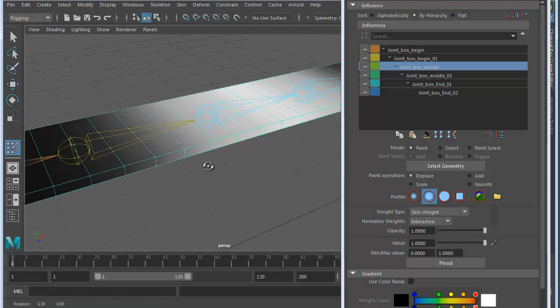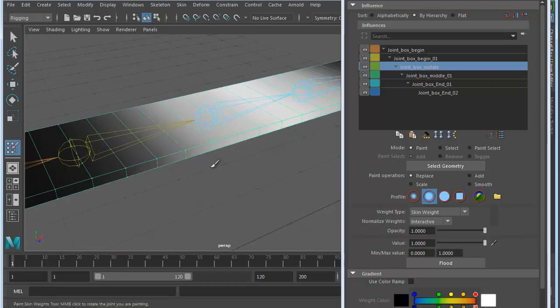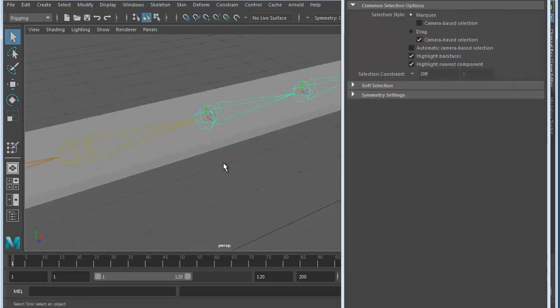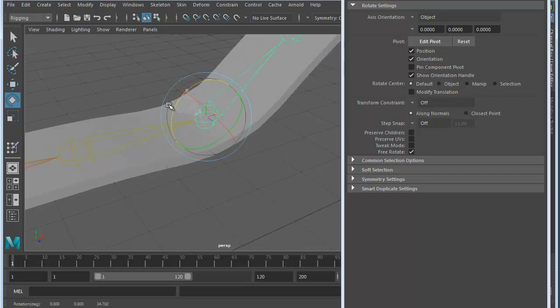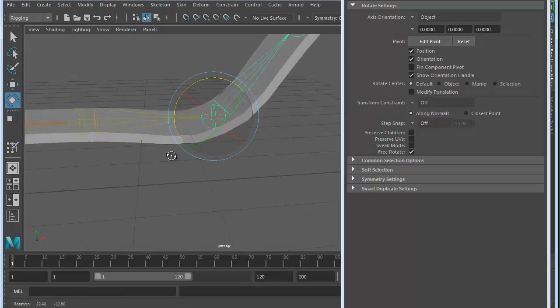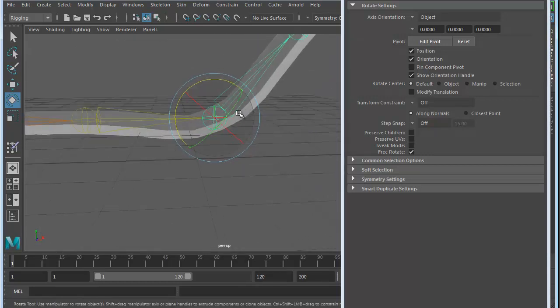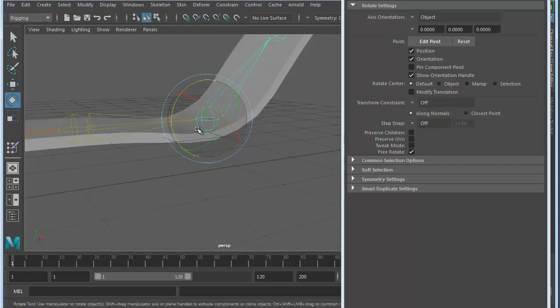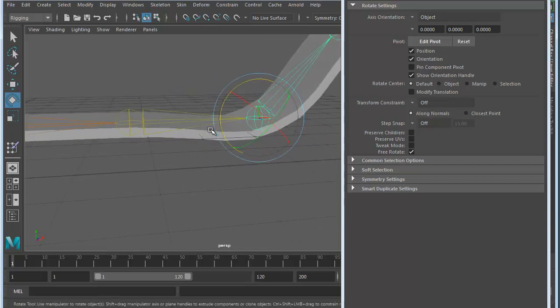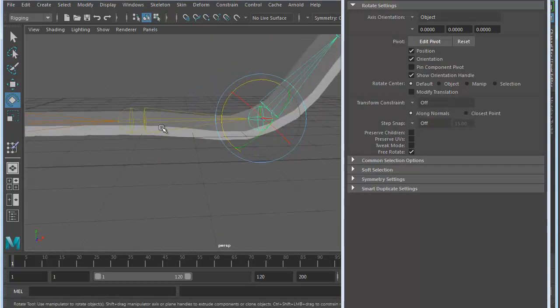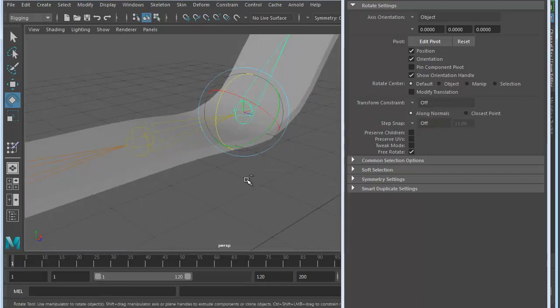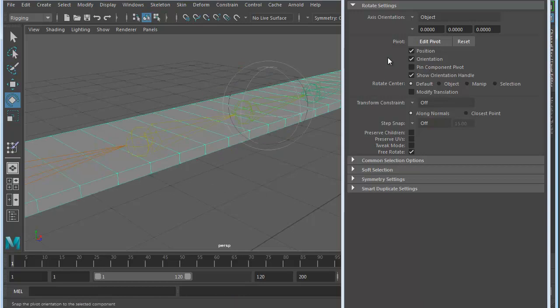So let's see what can happen. Now, I'm going to just go back in here and we'll bend this joint to see what it looks like. So there you can see the vertices just forward of that joint are 100% affected by the movement of that joint. The ones after that slowly dissipate out until there's no participation by those vertices at all. So I'm going to undo that, go back to